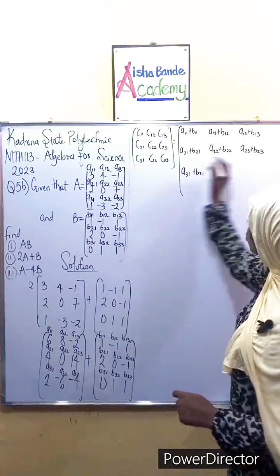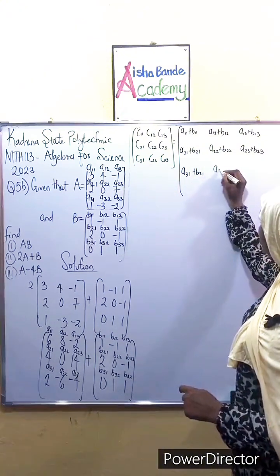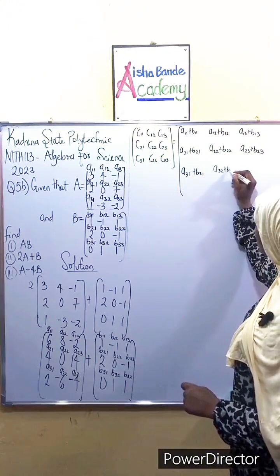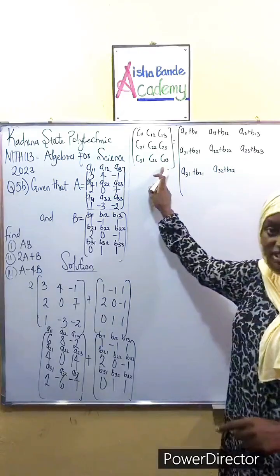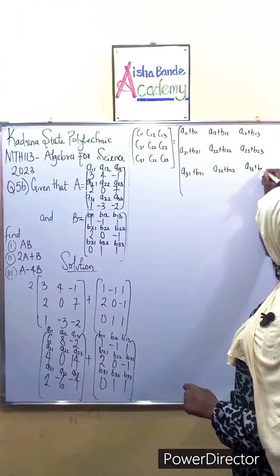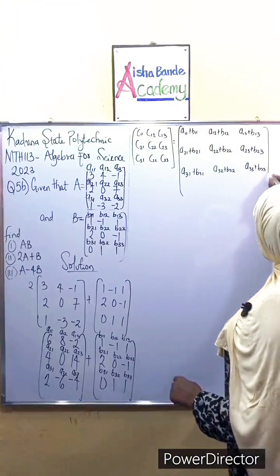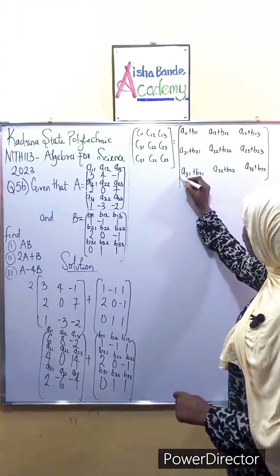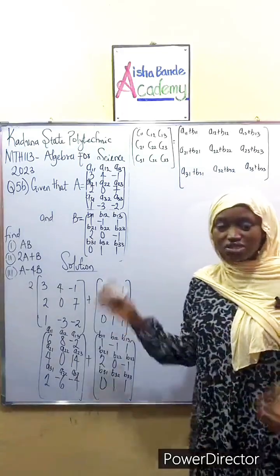Then to get C32, it's going to be A32 plus B32. Then to get C33 it's going to be A33 plus B33. So now this makes it easier. Now all we need to do from this step is just to substitute in the values, add up,